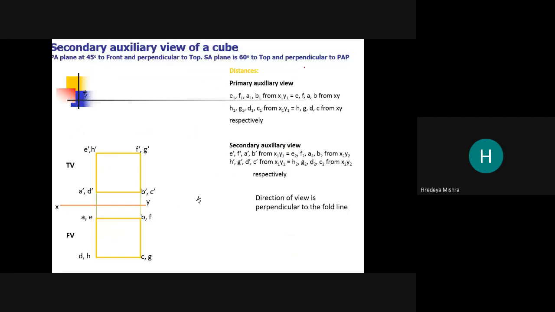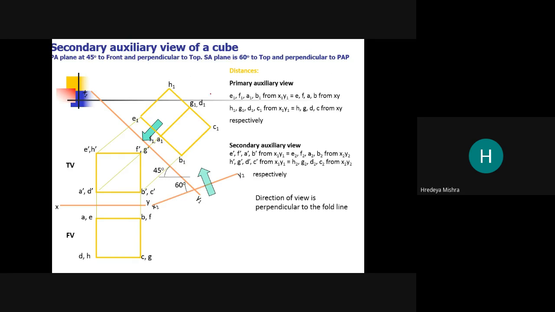Now you can see the principal plane at 45 degrees to front and perpendicular to top. The secondary auxiliary view is 60 degrees to top and perpendicular to the primary auxiliary view. So here you can see the 45 degree primary auxiliary view, and now the secondary auxiliary view, which is 60 degrees inclined to the primary plane.